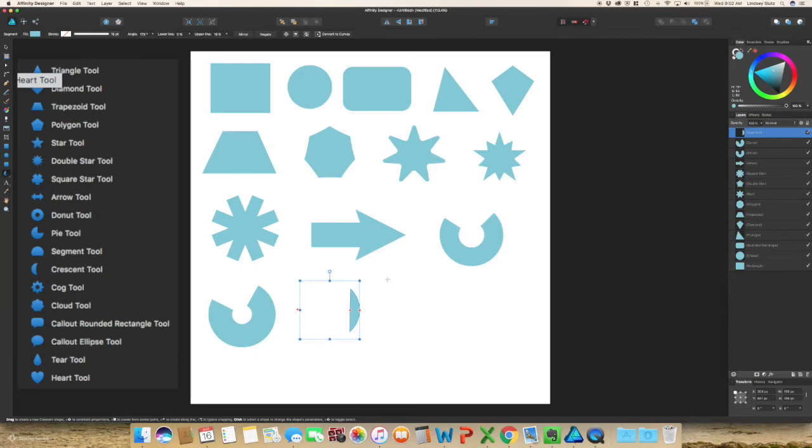Your Crescent tool. I actually worked on a design in Illustrator, and I had to do all of this by the pen tool. And I really wish at that time I knew that the Crescent tool existed in Affinity Designer, because it would have been so much easier. So you can choose your curve, where exactly it's starting and ending. And as you can see, like if you were doing,